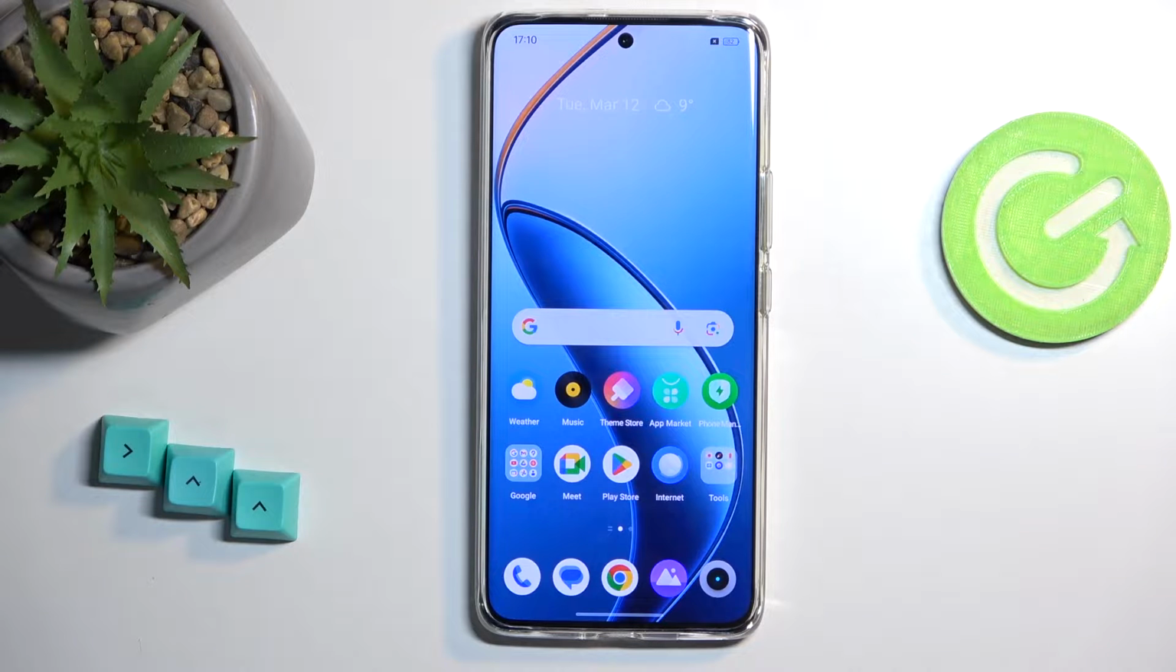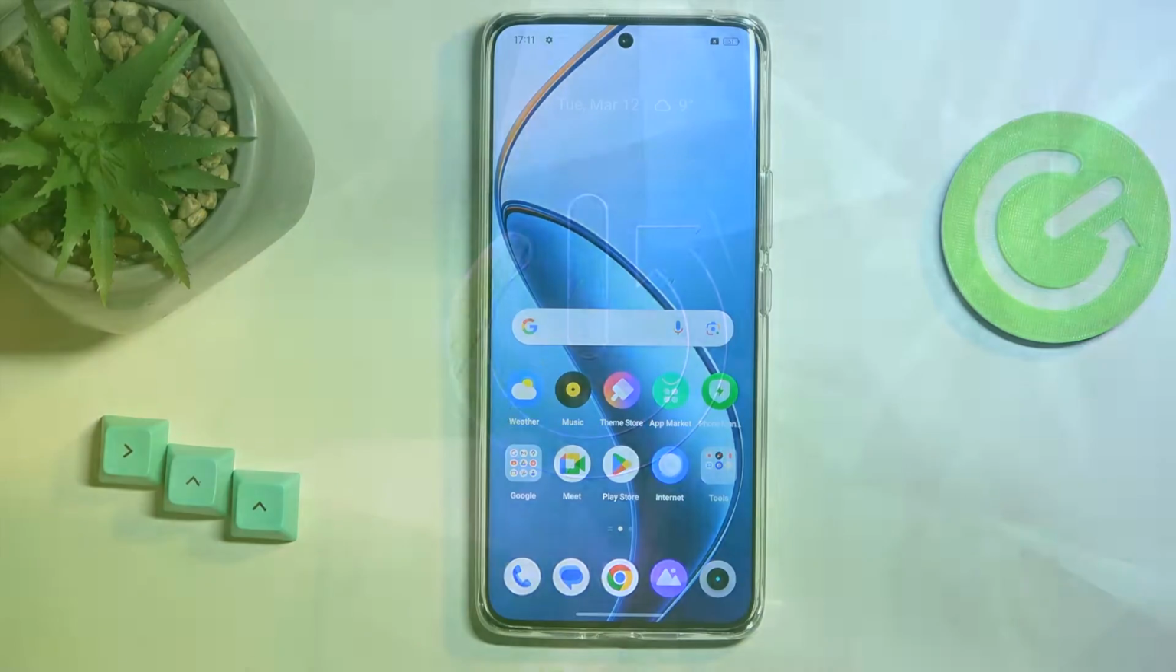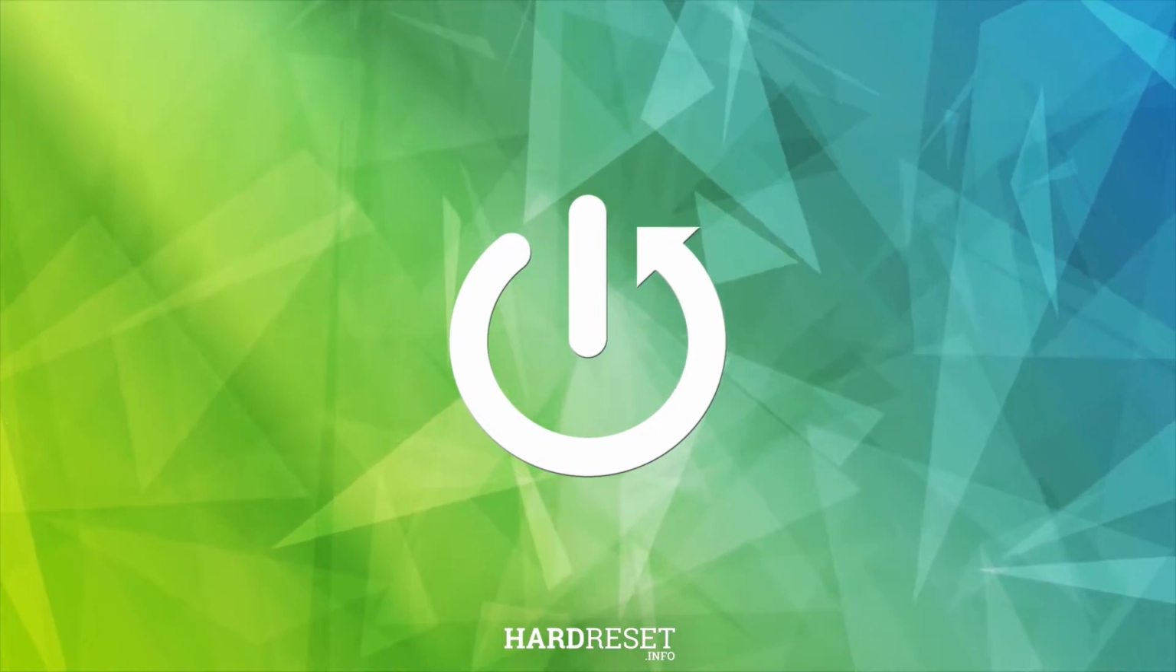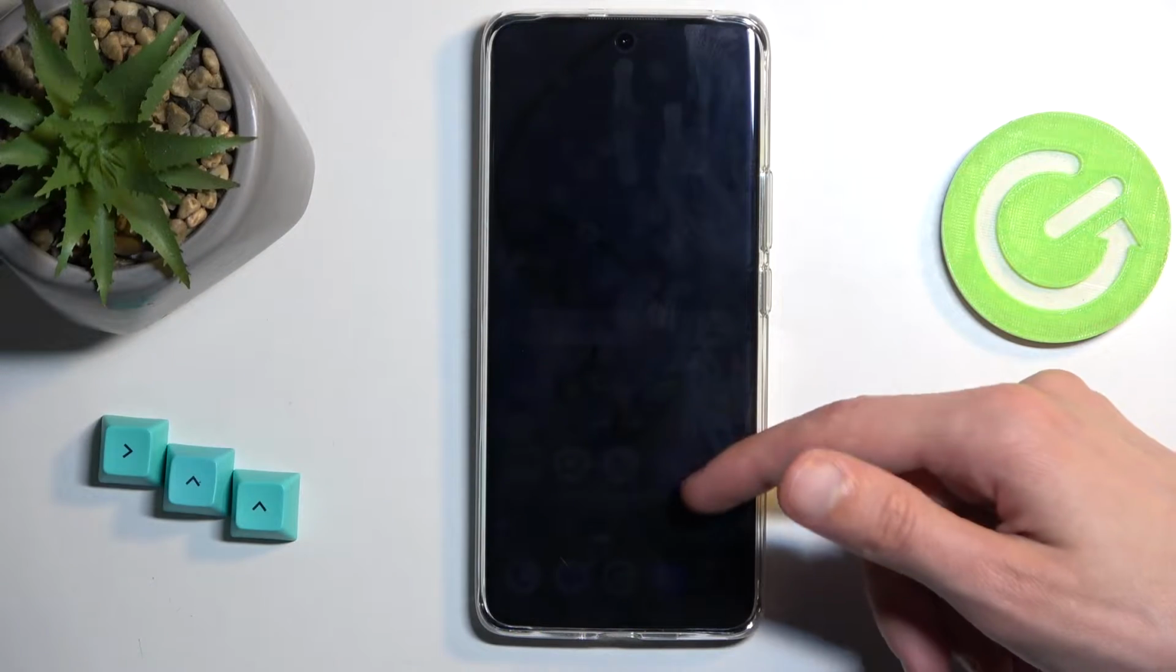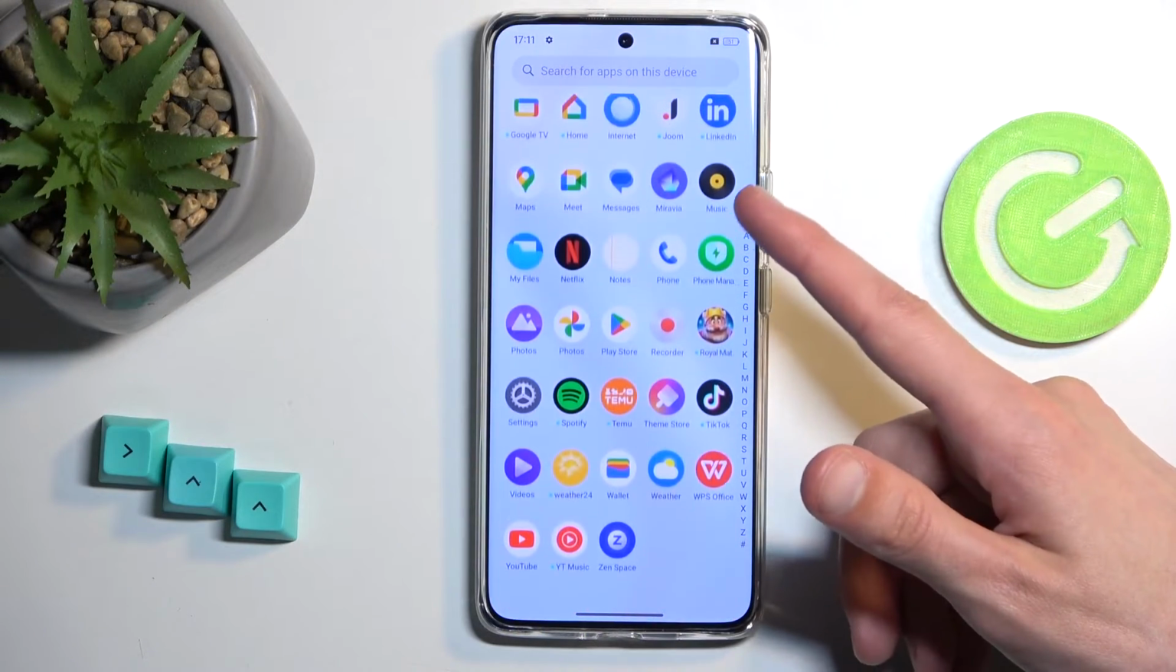Welcome. In front of me is a Realme 12 Pro, and today I will show you how you can hard reset this device through settings. So to get started, let's open up our settings